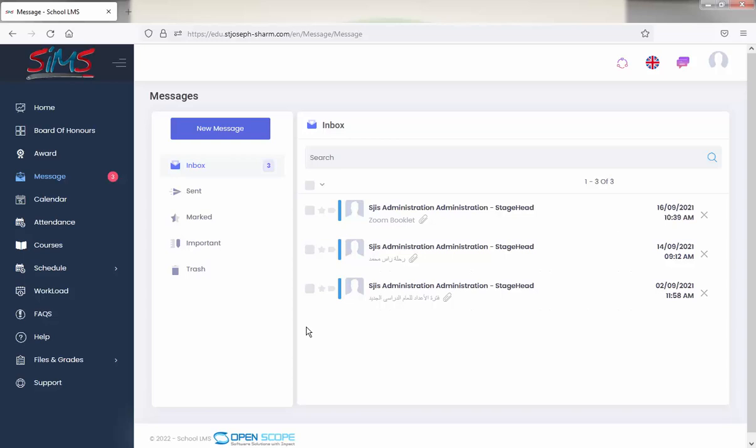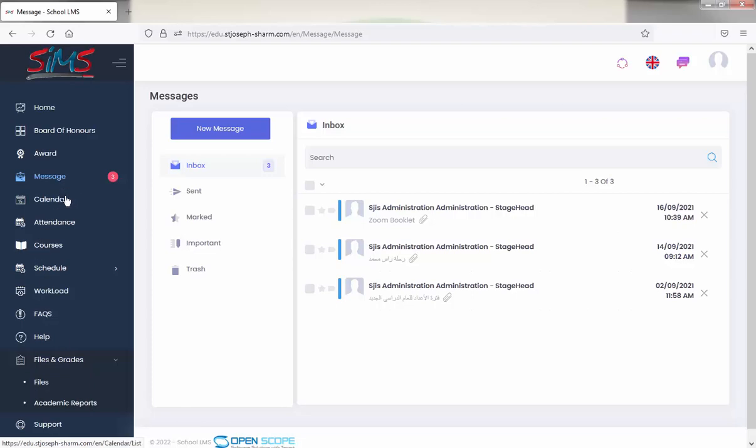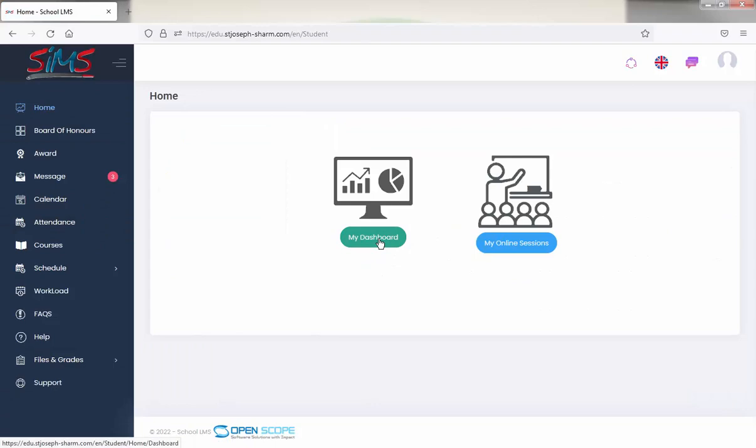can see it. Okay, then after that, what if the student wants to know his grades or anything? In the menu right here we will find something called files and grades. Then we will find the academic reports. Okay, one of the most important things, if we go home here, to the dashboard,